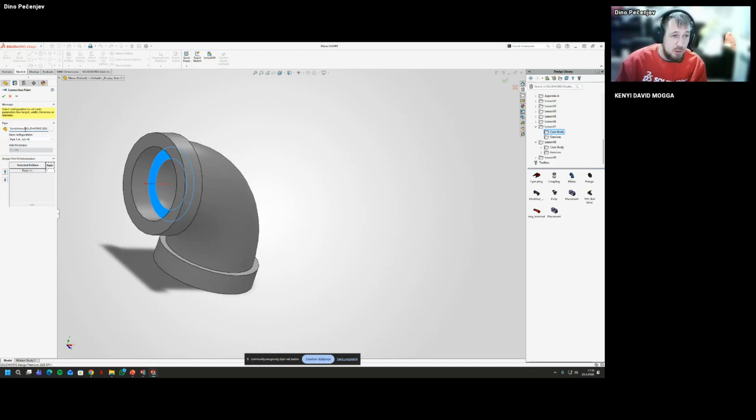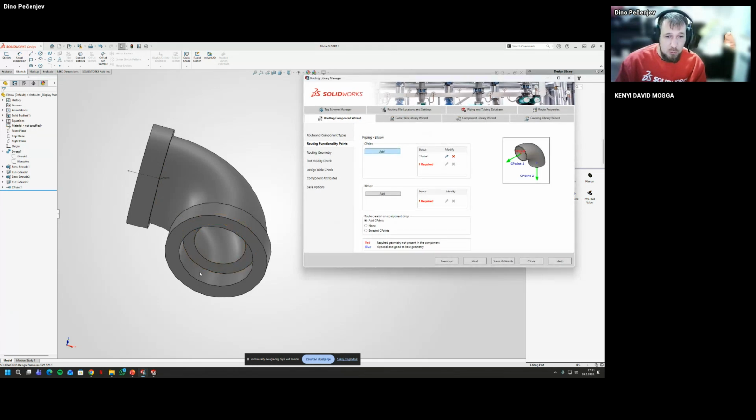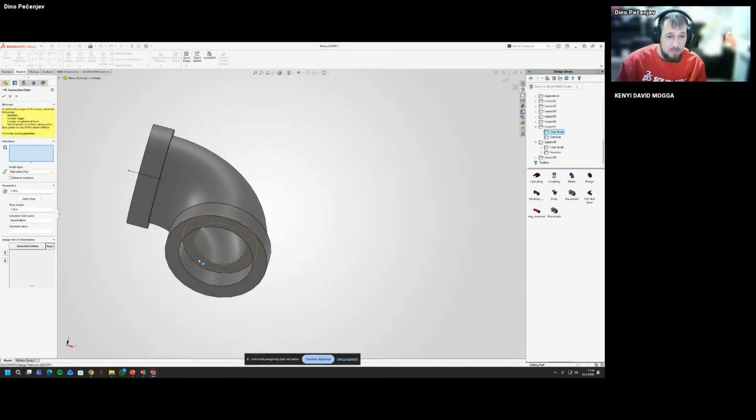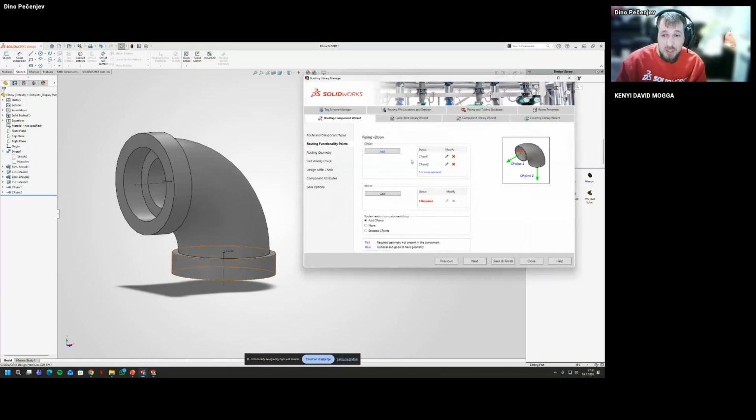Again, the pipe I'm going to use. This remembers the last component we've set. This will be this one. We're going to add a new seed point here. Select pipe just to make sure that this is the correct pipe. And this is different for the elbows.